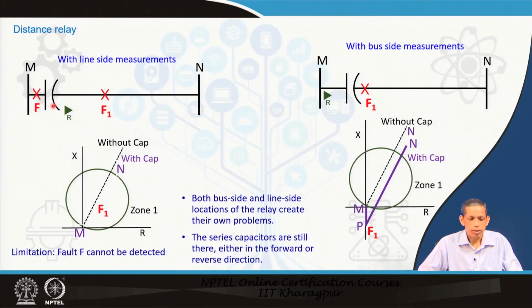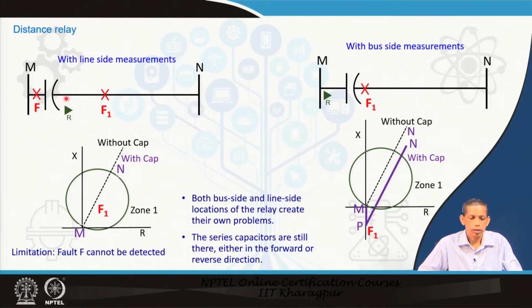Now, one perspective is that a straightforward solution comes to mind. If you measure the corresponding current and voltage, the current will be in series, so the current will be the same here or here. If you measure the voltage on the line side, meaning the position here and not here, then the voltage measured by the relay is on the line side beyond the capacitor, and the relay sees this as the forward zone.